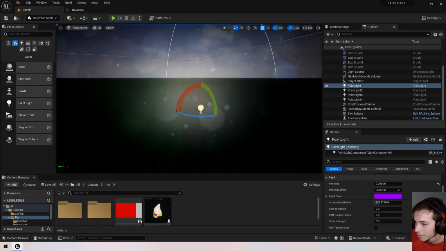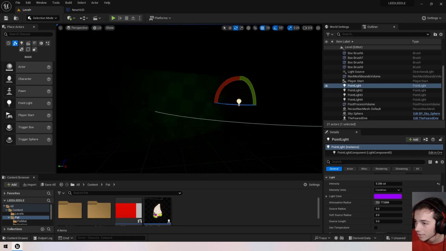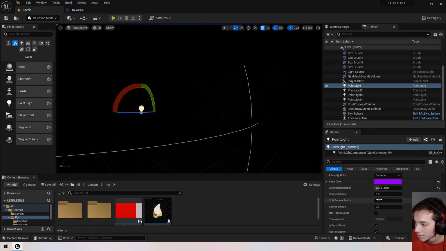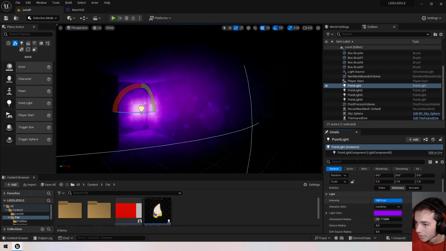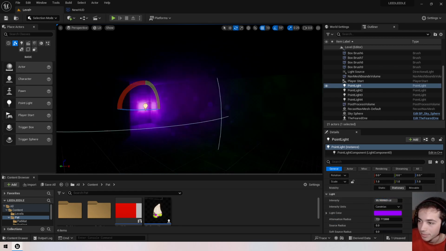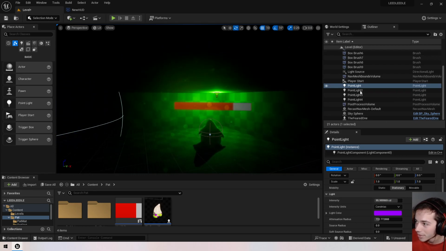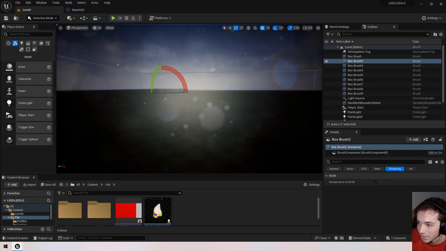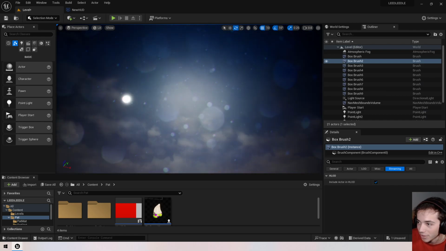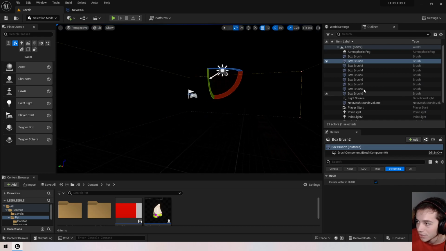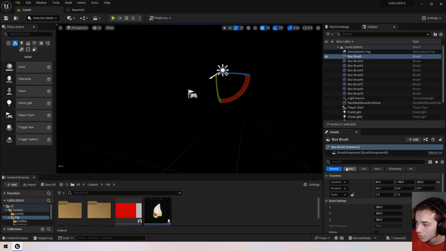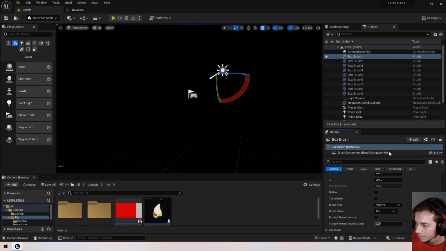I think you hit a checkbox and turned it off. No, it's definitely on. It's just, oh there we go, the intensity slider was all the way down. There we go. Okay, I'm gonna actually make these use bounce lighting, and everything's gonna look a million times better because now the world is just really dark. So I'm gonna do box brush, go under general, and do